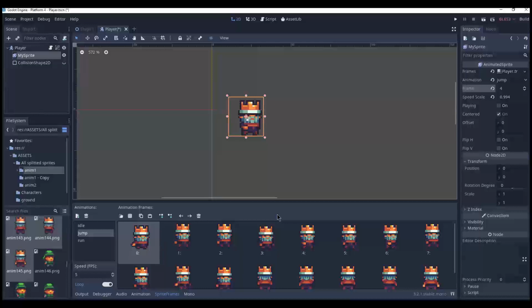Right now, at this moment, I'm trying to extract the right animation sequence. And I found 4 frames for my jump sequence. So it looks like this, from 0 to 3. Now there is one thing that could have been done better with GoDot, and that is